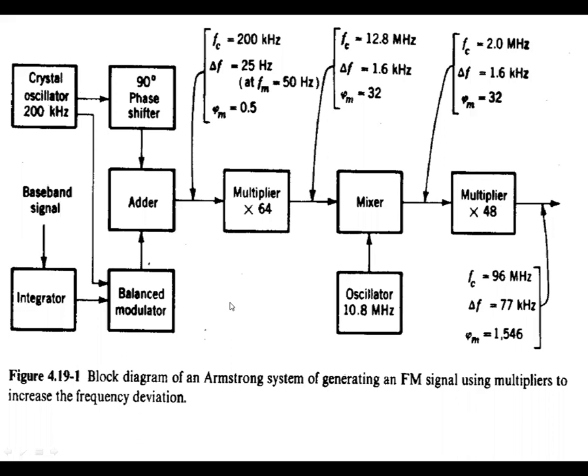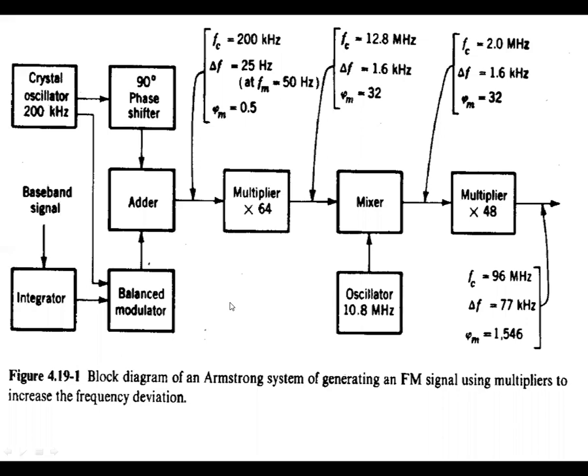What is that value? The frequency deviation. The frequency deviation of commercial communication is 75 kHz. That is the statistical value. So if delta f at this particular point is 25 Hz, but you need 75 kHz,